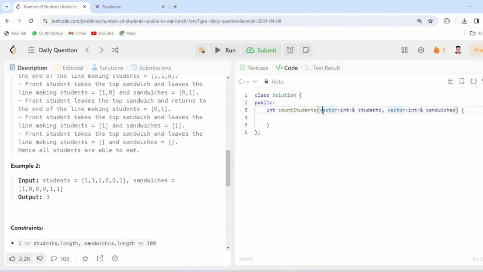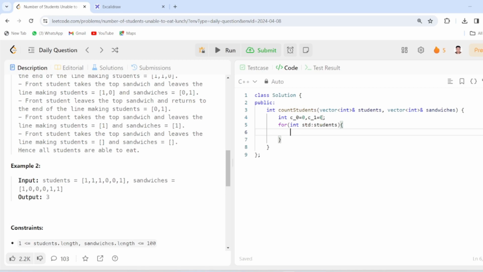So what we will do, we will take 2 counters, first for 0 and then for 1, and initialize them with 0, meaning the number of zeros and number of ones are 0. Now for each student we will check whether the student is 1 or 0.